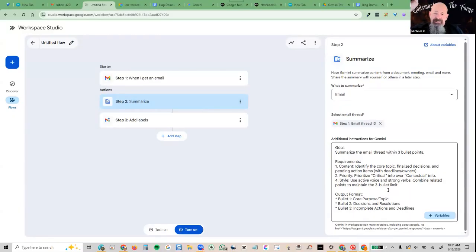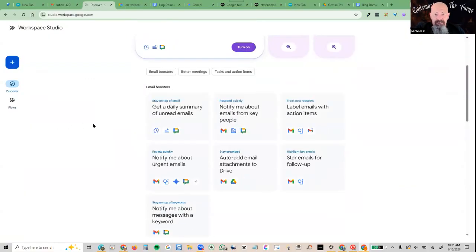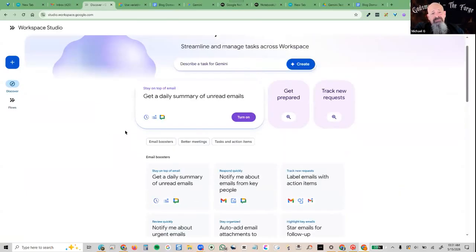Okay, so let's look at something, because these will give you the ideas of how to create your own. If you go over there to the left and click on Discover, it's going to give you the templates that are already created, and then you can add it. There's a ton of different templates, but right above this,